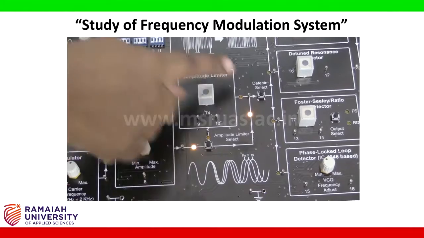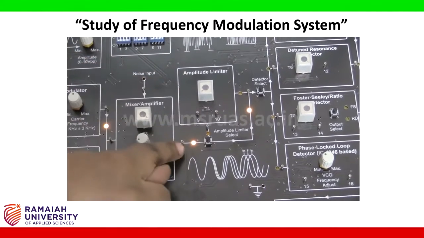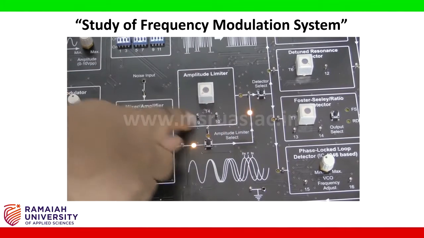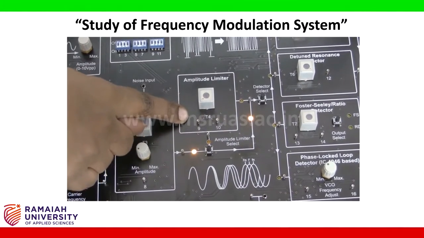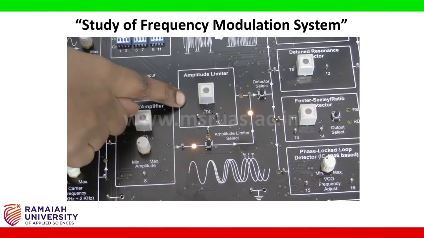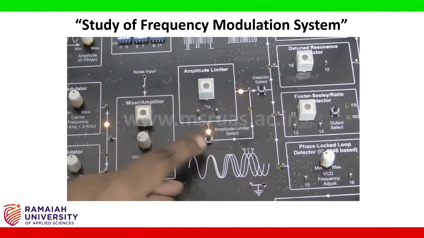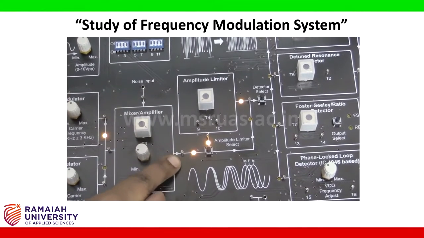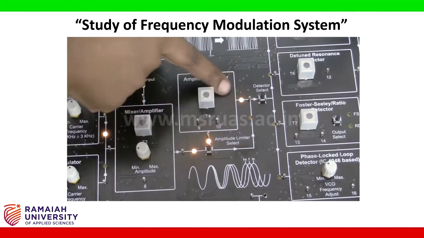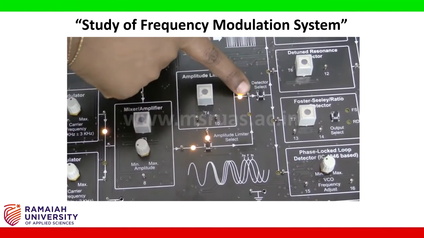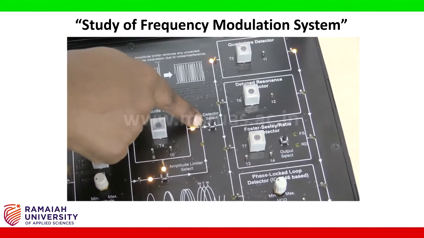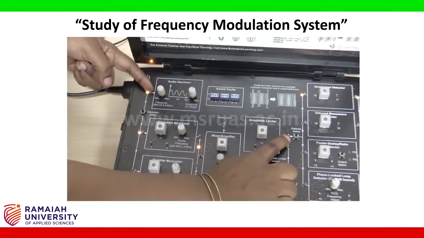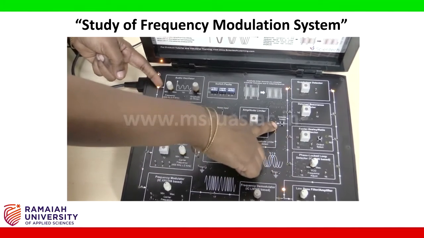So we use an amplitude limiter stage. The output of FM modulation can be directly passed here without using the limiter stage. However, it will be better if we use the limiter stage. So to select this, press this so that the limiter stage is selected. Now the route followed by the FM signal is through the limiter and its output is coming here. Here we will check the output of FM wave along with message input. Message signal and FM output signal we will simultaneously check in the CRO.